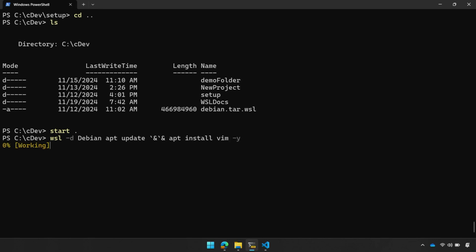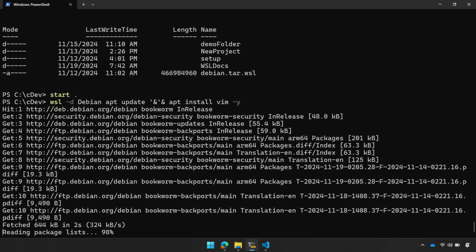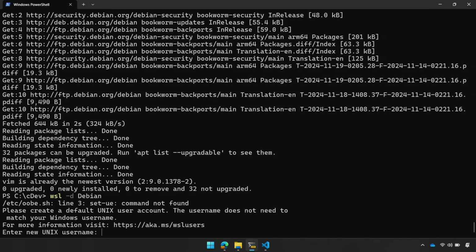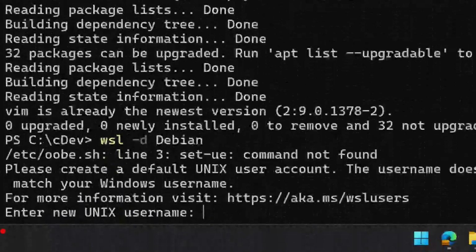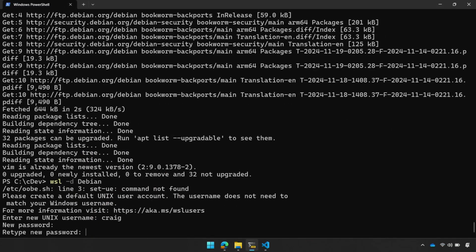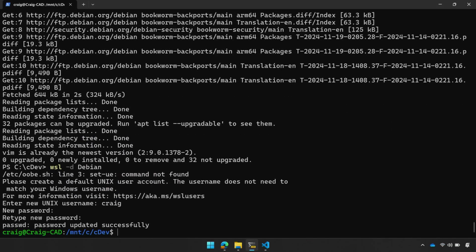And what I've just done is, before I've created my user account in WSL, I've done some setup work beforehand. So this is all running as the root user in Linux. And in this case, I'm just pre-installing some packages. And then now that I've pre-installed and set up my distro as I like it, when I run wsl -d Debian, you can see that I get the regular starting output. And so I can set up my account for the first time, and then I get my WSL output here.